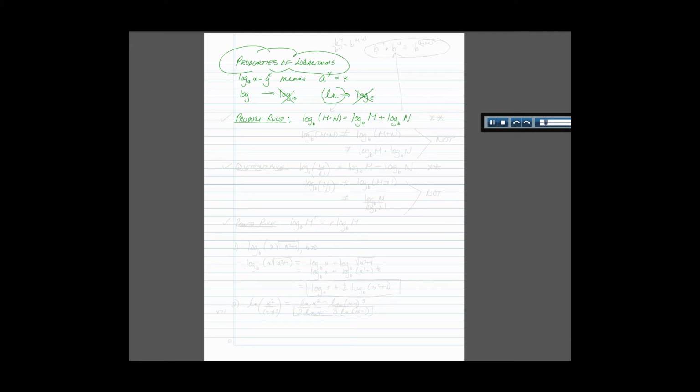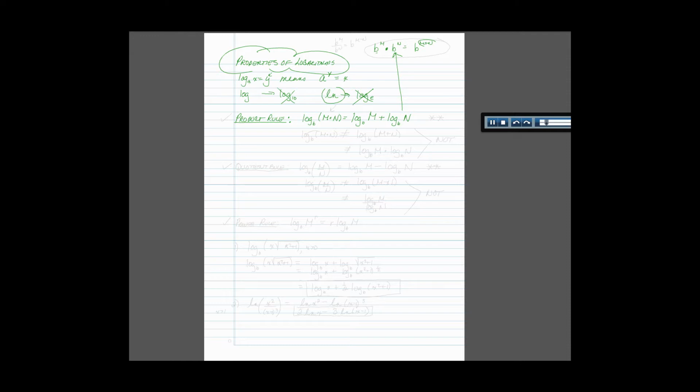And just for a second, let's go up here and remember how the product rule worked for exponents. It says if you have a base raised to a power times that same base to another power, it's b to the m plus n. So you can see here that multiplication of like bases and addition of exponents is related, and that's what you're seeing in this log